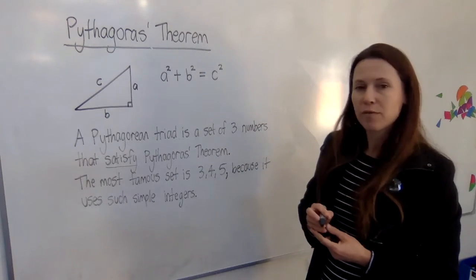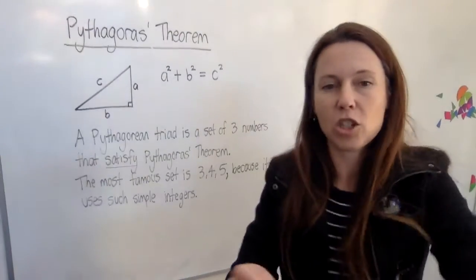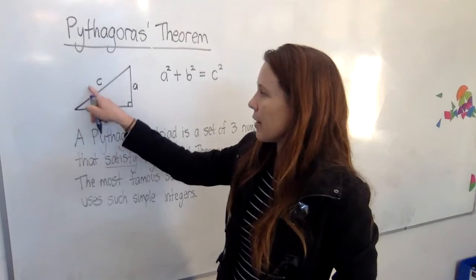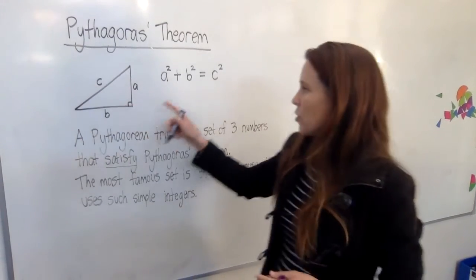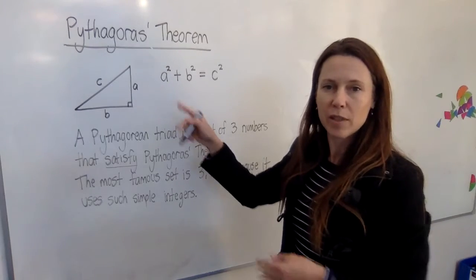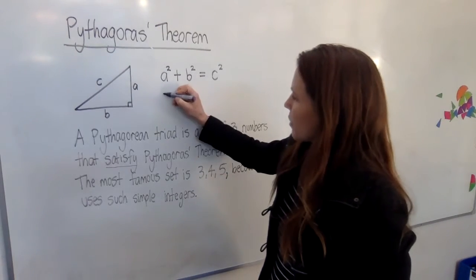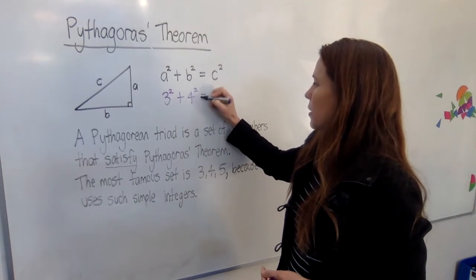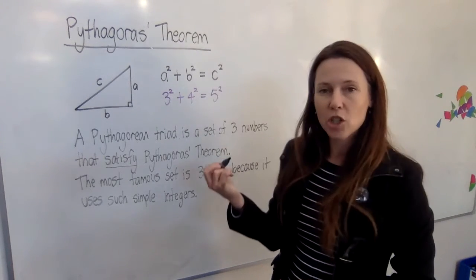Now, how does 3, 4, 5 satisfy this? Well, let's check and see. Now, we know that 5 is always the long side, and that's the one that we call C. The other two, because we're adding together the square of them, it makes no difference which order we add them. So they can be A and B as you like. But we can see that if we substitute 3, 4, and 5, we can check to see if this is